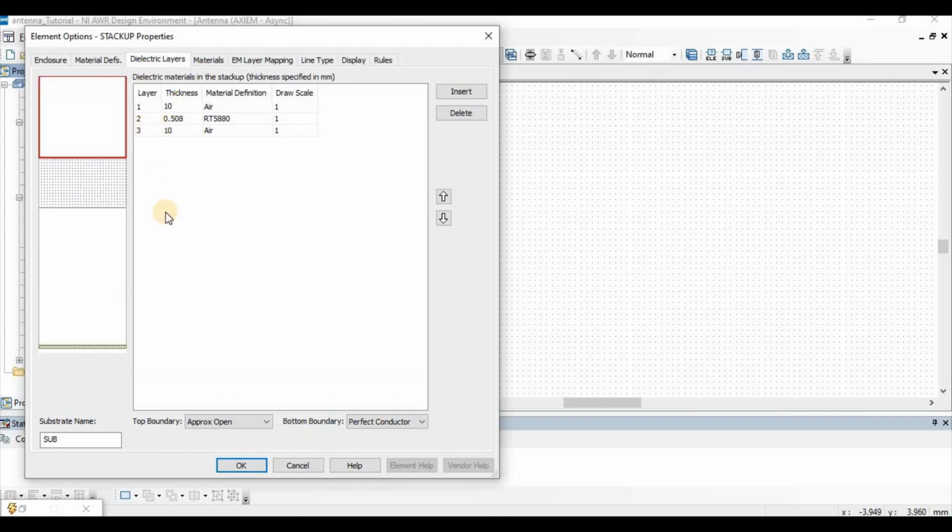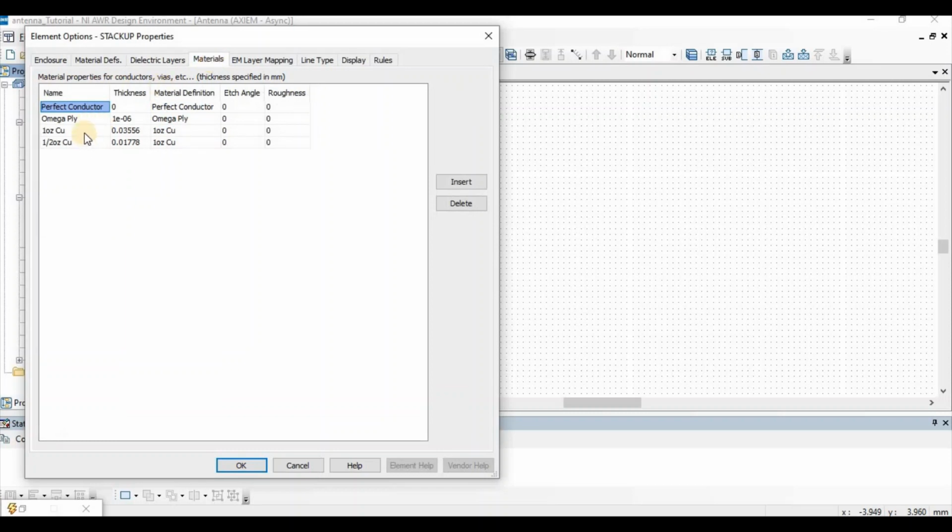How you set it in HFSS, the air box size. So go to this bottom boundary and click on approx open.